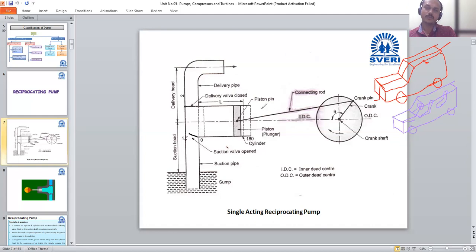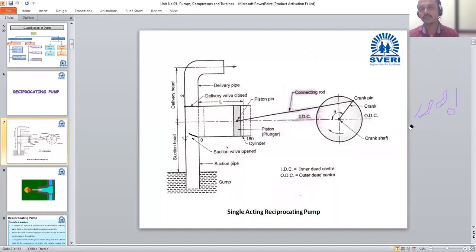Okay, and such types of views are here. It means this is the view which is cut down. So this cylinder is of cylindrical shape, and the piston will not be observed from the outer side. So when we cut that cylinder from its center, we can observe that piston. Get it? Most diagrams are like this sectional view. We can call this a full section.